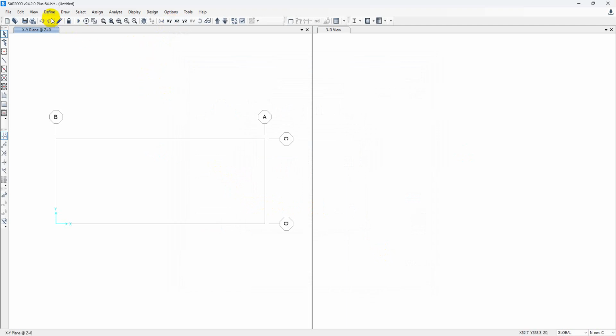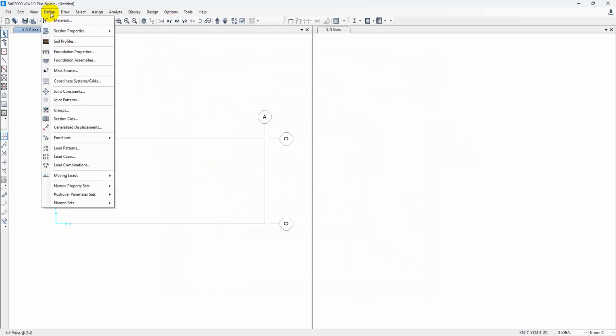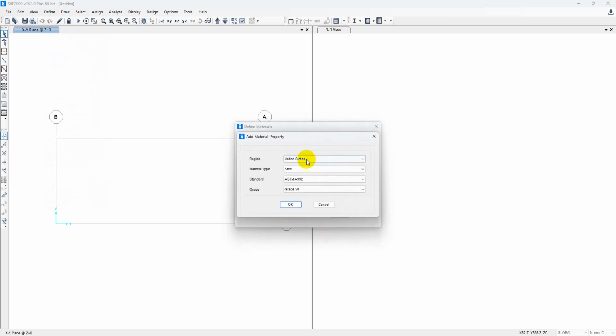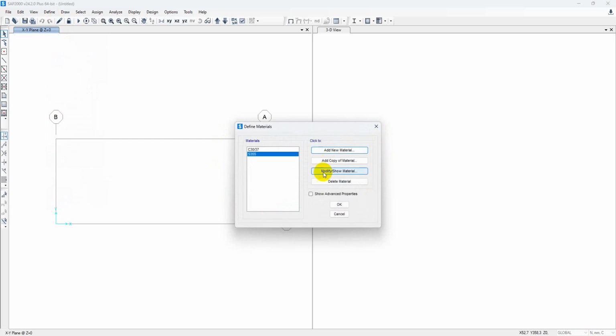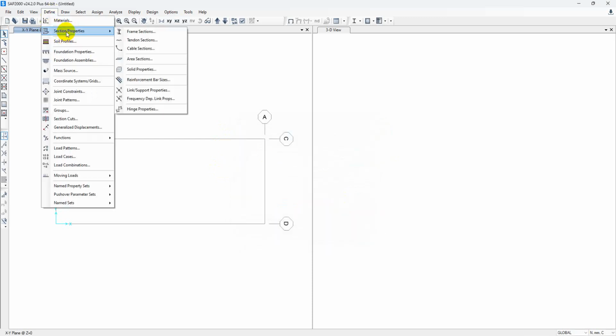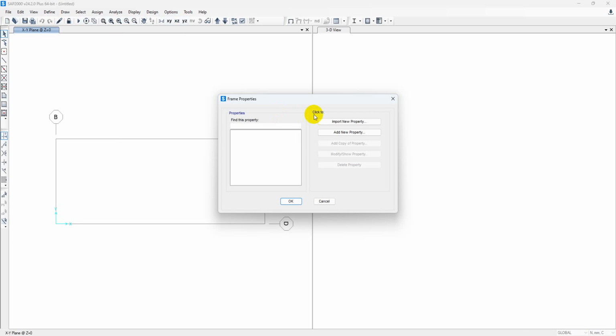After that we have to go to define, and let us first define the materials. We are using S355 material and it's already done, but we can go to add new material, and from here we can define our materials. Okay, and then define section properties, frame section,